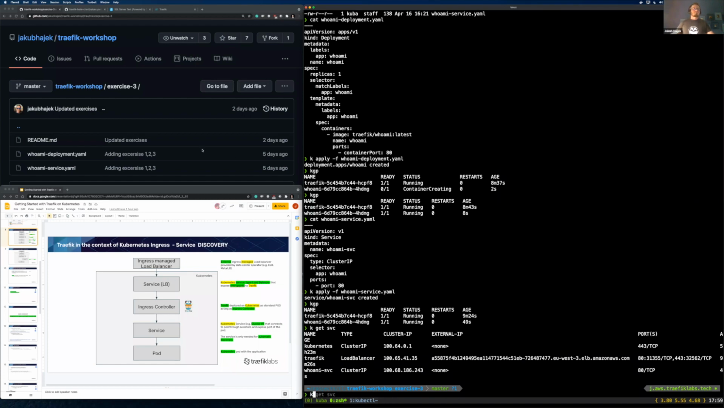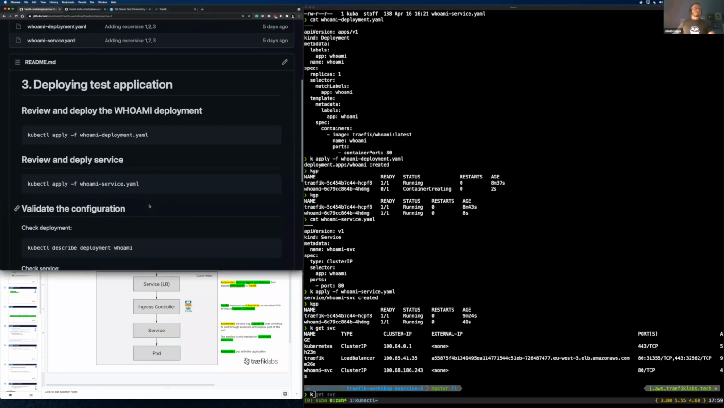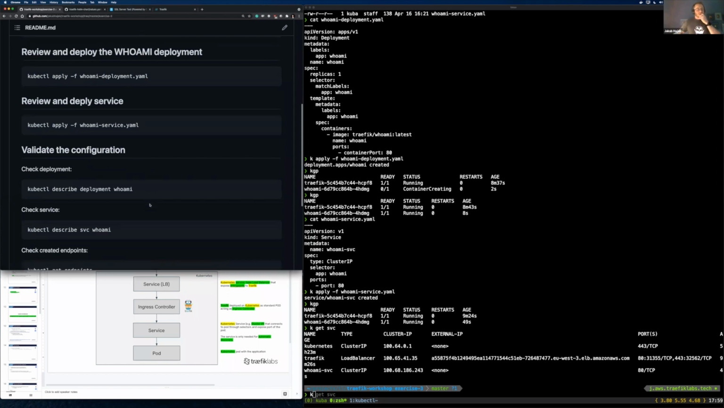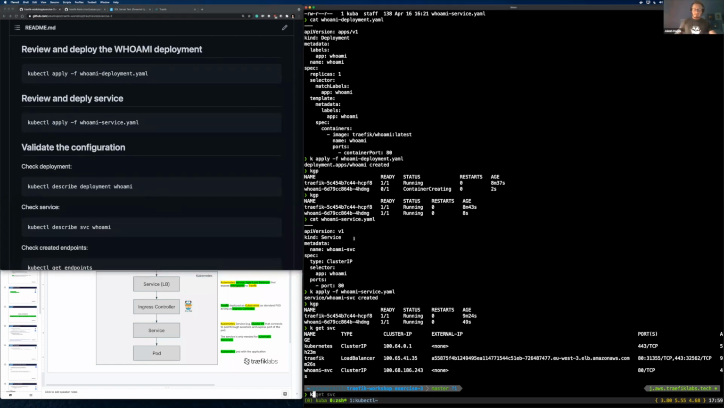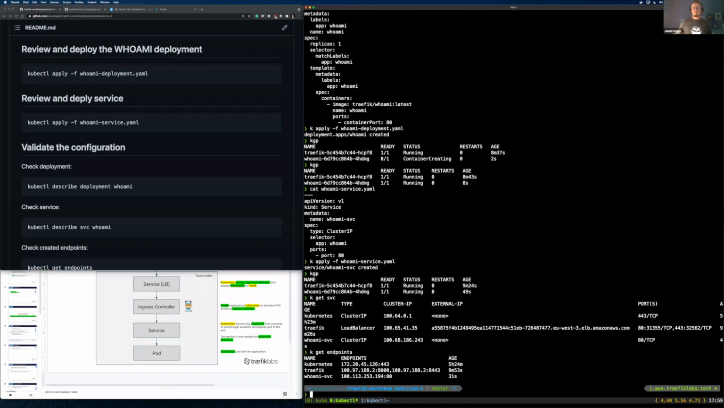And let me validate it, because we need to validate whether our deployment has been done correctly. As I mentioned, Traefik will use endpoints to route the network traffic to the pod. So if I use kubectl get endpoints, I should see that my application is already available using the cluster IP. Because as you can see here, I created a cluster IP